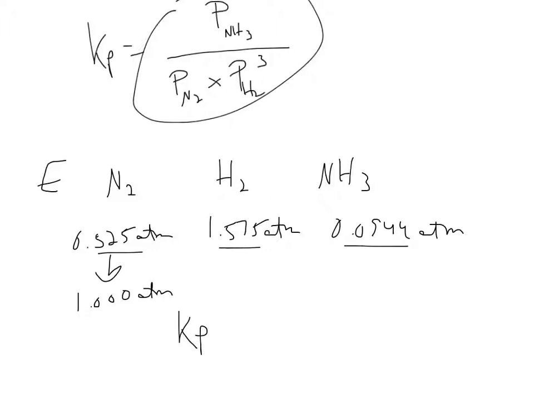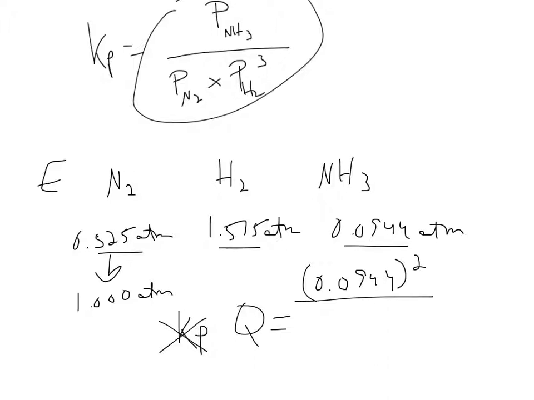Okay, so if I were to plug that into the expression, well, if these concentrations plugged into the expression gave me a value equal to the constant, you can kind of see that by changing one of those numbers, and only one of the numbers, I'm no longer going to be at equilibrium. So I'm going to put in the numbers, and what we called this before was the reaction quotient. So if I plug in non-equilibrium pressures, which, now that the nitrogen pressure is changed, I no longer have equilibrium, I get a new value from the expression of